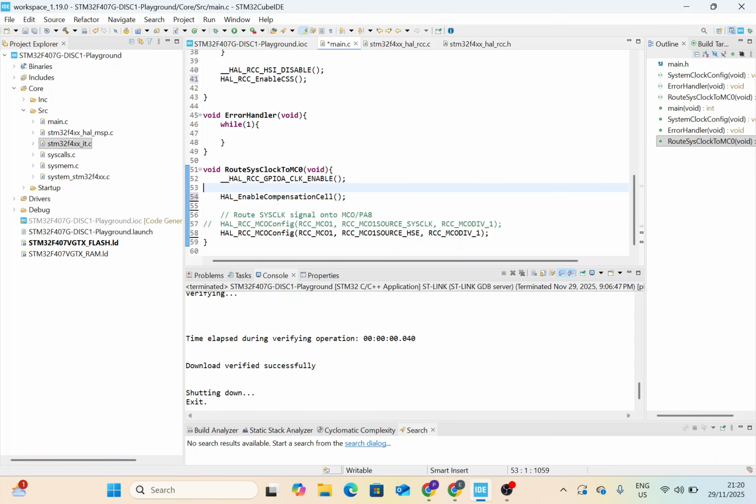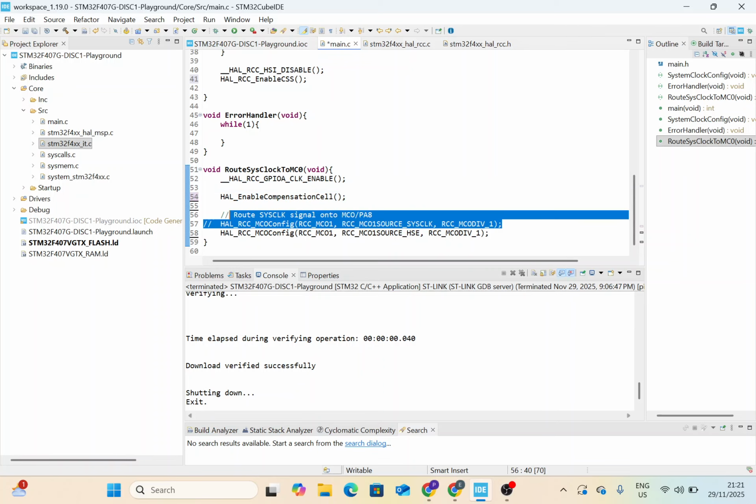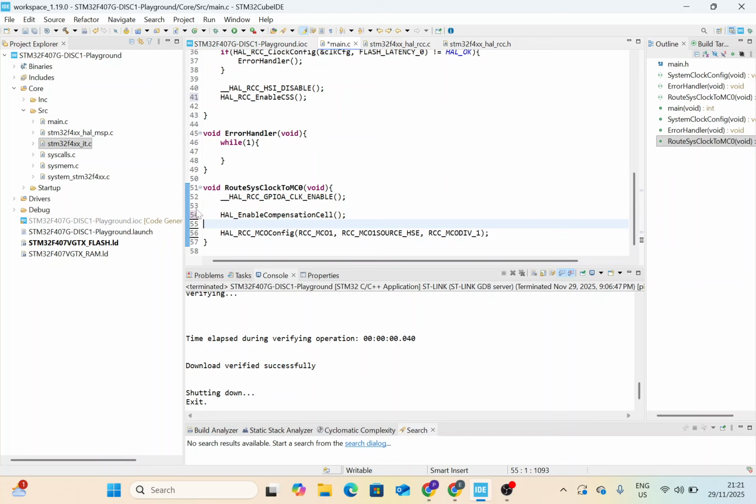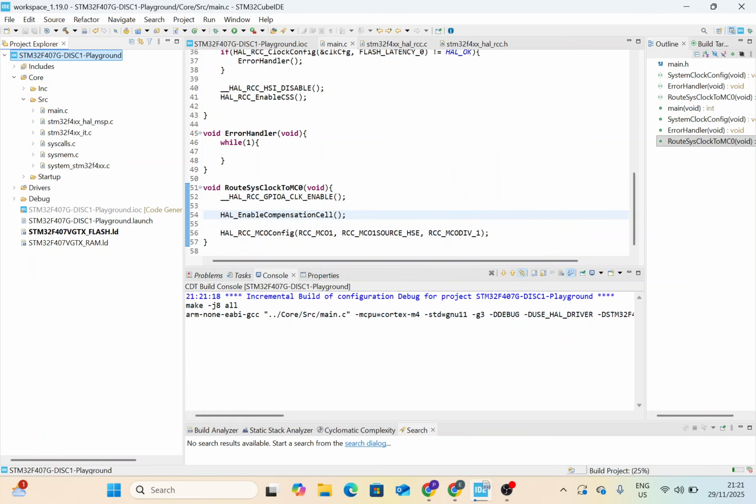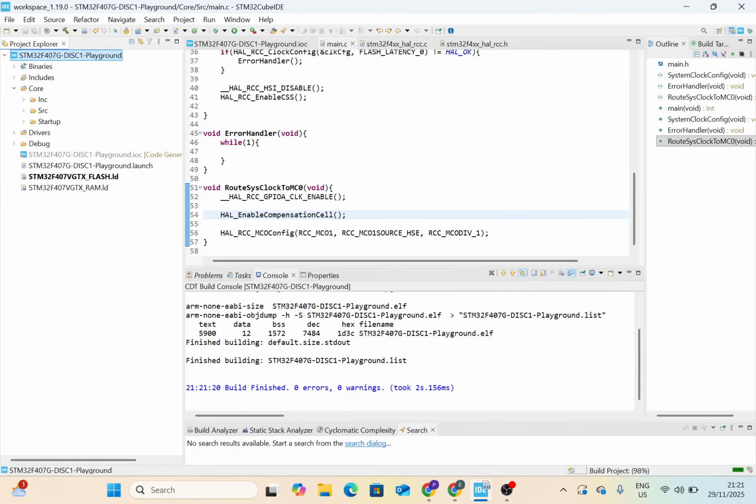Okay, we can get rid of it, and then we just have to call the function after we have enabled the compensation cell. If your board doesn't support it, calling this function will basically make your code not compile. But because mine supports it, I can just click here, build. I don't want to generate code, so it builds all right without any error. And that is basically how you compensate for the slowness of the GPIO's speed at which it is able to turn on and off stuff. All right,